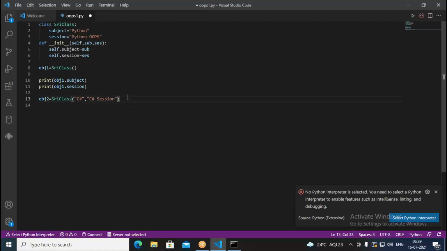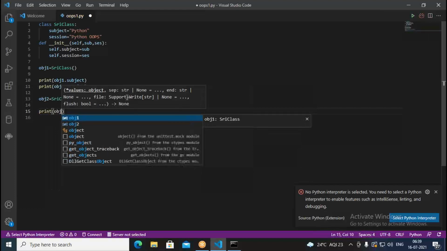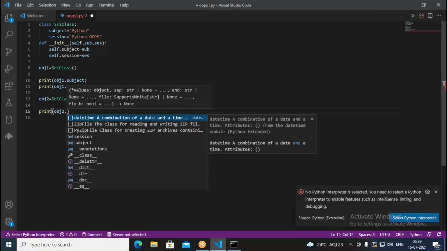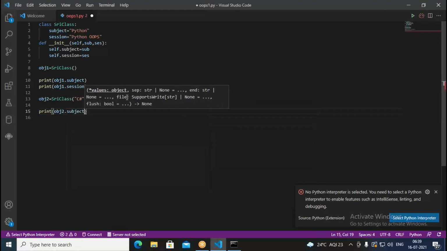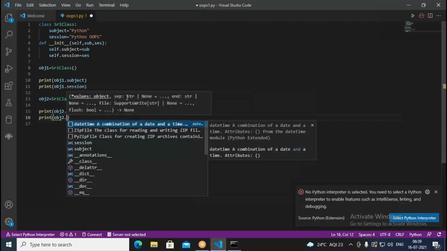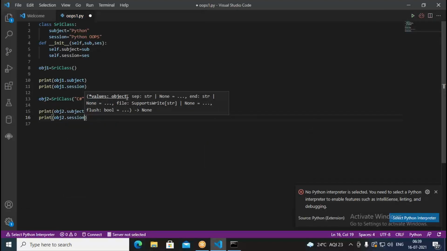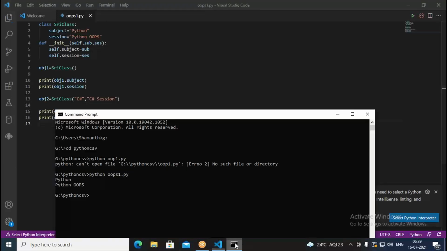Both are different objects. I press enter here, then I write print object 2.subject. The same way we go with the print, then object 2.session. Okay, so now when we run this, what difference we get, see here.